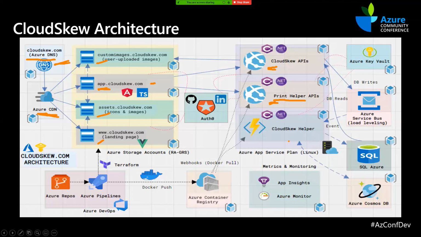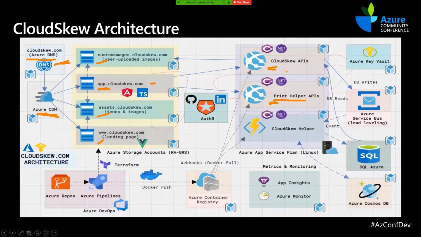Now, on the back end, everything is an app service. And we essentially use ASP.NET Core 3.1 for it. The advantage of that is the usage of middleware. So things like token authentication or setting up of CORS or response compression, Brotli compression in the responses, can all be configured through ASP.NET middleware. So all these APIs are packaged as ASP.NET Core API apps.